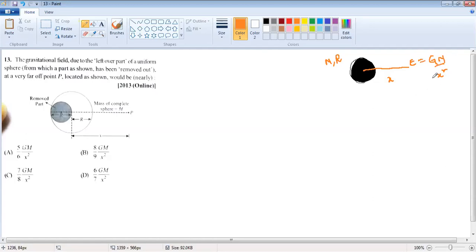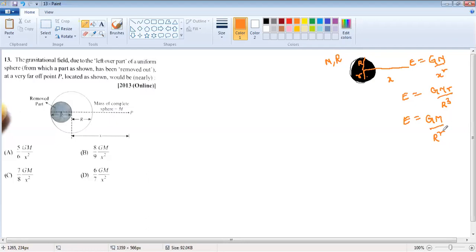So now we move to the inside point at a distance r, E is equal to GMr by capital R cube. Capital R is the radius. Actually, we have the minus symbol here because the field is towards the center, because it's an attraction field. Now on the surface, let us take capital R, then E is equal to GM by capital R square. These are the fields due to a solid sphere of mass M and radius R.